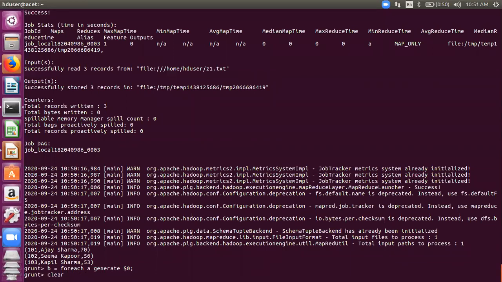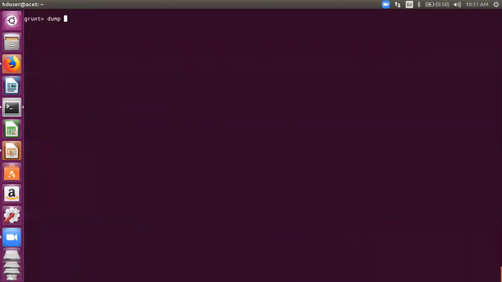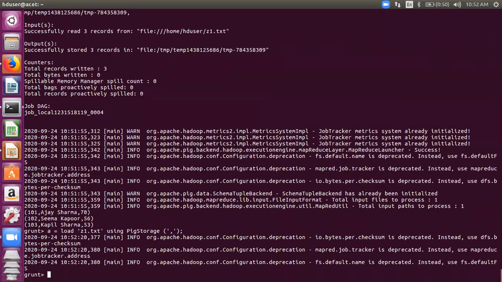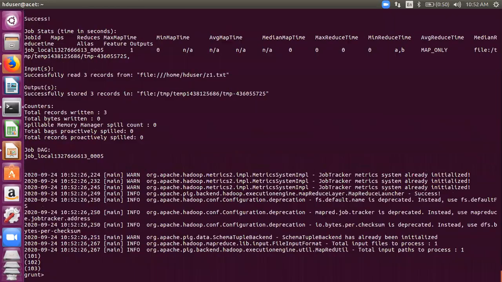So what would it display? I think then it would display the whole line. That's true. You can see the output because it does not understand this file as a 3 column file. There is no tab in it, so it is picking up a single column file. So what you need to do here is load using PigStorage, then in brackets, comma. Perfect answer. So that is very important for you to understand. Once you've loaded it properly, and then if you generate $0, it will do it for you. You can see the output now.